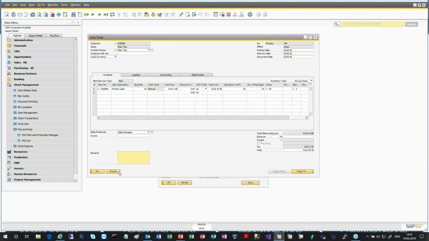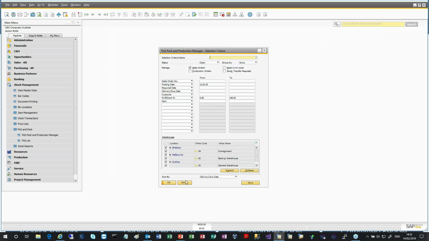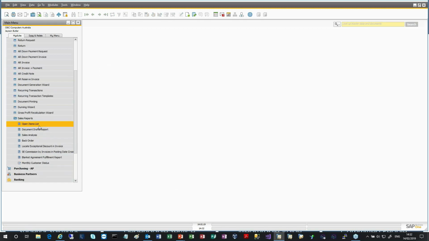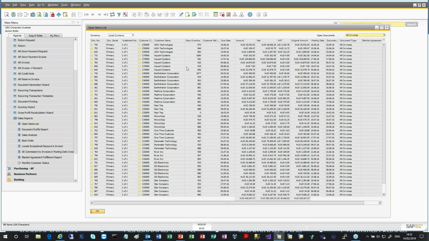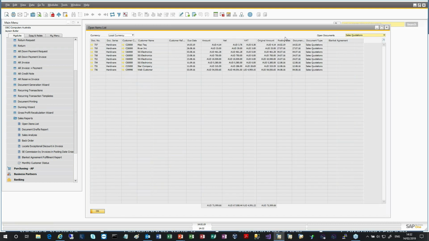Right, the next thing we're going to look at is our reporting. So I'm just going to close all of this down. And the first report I want to talk about today is probably, in my opinion, the most important report in SAP Business One. And the reason I say this is that from a control perspective, if you want to know if your users are using the system effectively, if you want to know if you're effectively communicating with your customers, following up on quotations, and making sure that orders are delivered on time, etc., etc., this is the correct place to come and